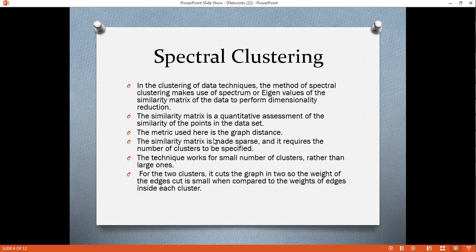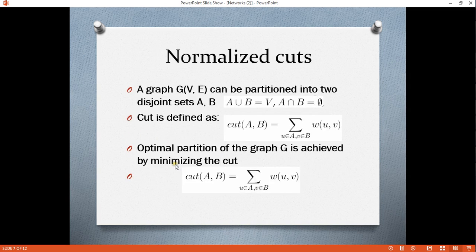One of the techniques used is the normalized cuts algorithm, which we see. Here the graph can be partitioned into two disjoint sets as seen in the formula, and by minimizing the cut we optimize the partition of the graph. And in the normalized clustering, the Shi-Malik algorithm